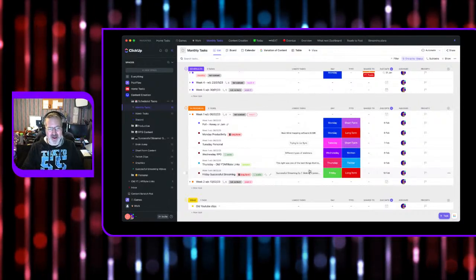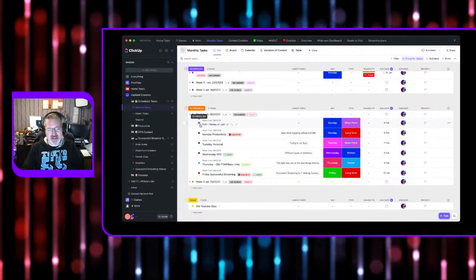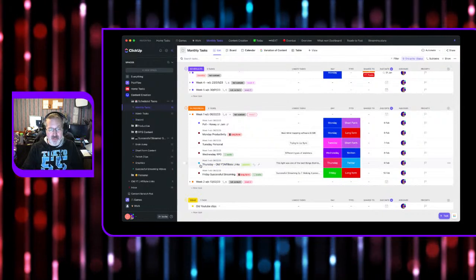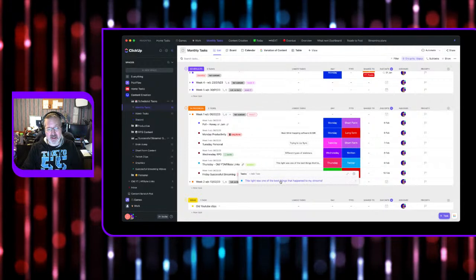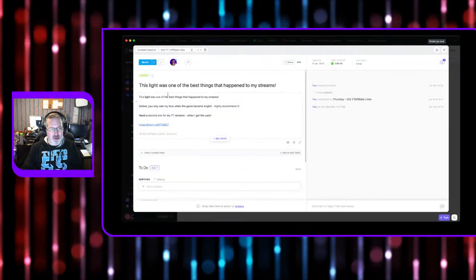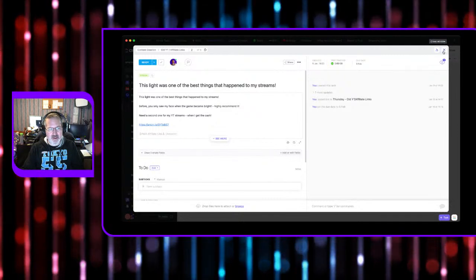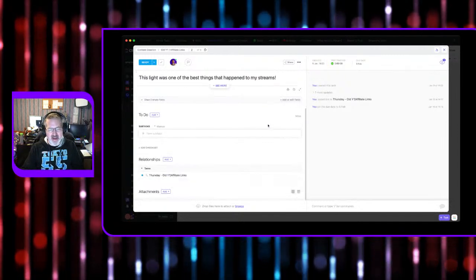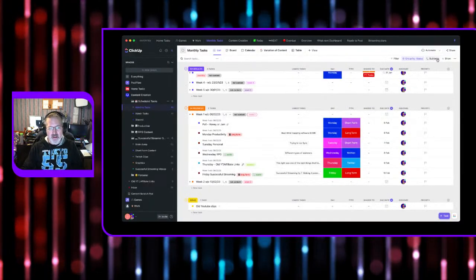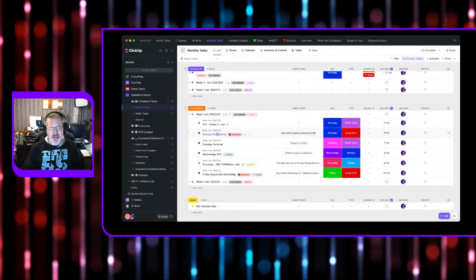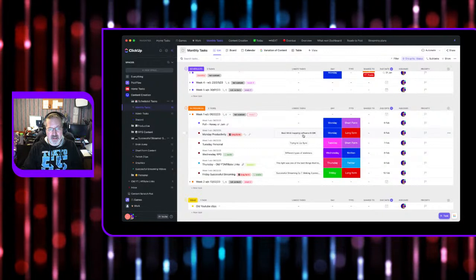You can only have one there, so I like the tags, so I can double them up. So you can see here, this one is scheduled, that's already done. That's ready to be scheduled. So if I click on this task and open it, all the content is there ready to go, just to share and copy across into Metricool.